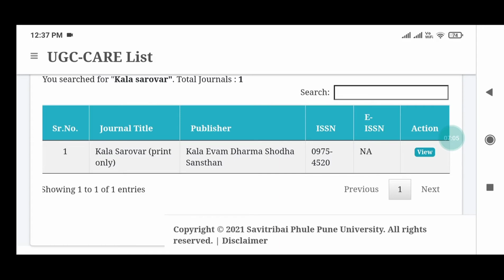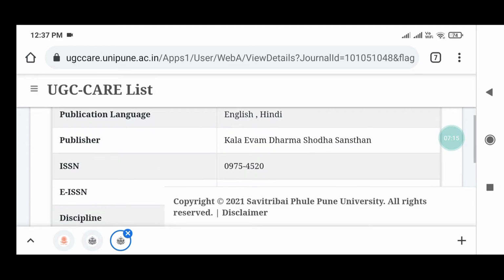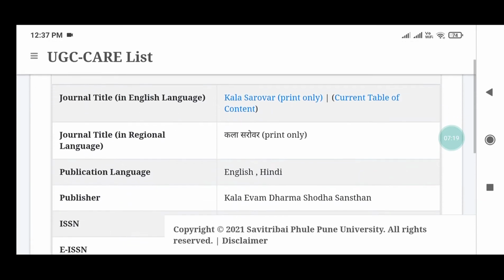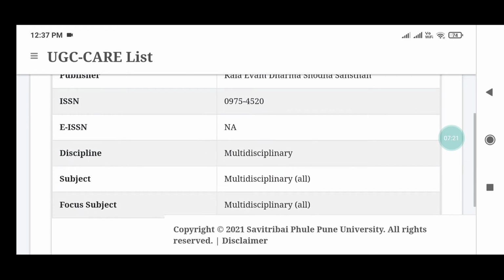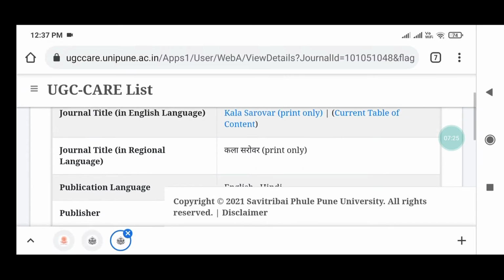You can see it here: ISSN number and action. Action means whether it is active or inactive in the UGC list. So you can click on this particular link and you get this interface. This is the real interface of this journal. Yes, this is multidisciplinary, and you can check it. Got it?